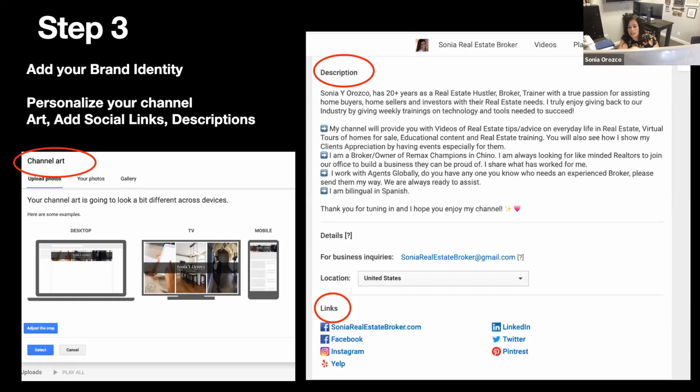You have to have certain dimensions for it to fit. They want the image sized a certain way. The description is something where you want to give whoever looks at your channel information. What is your channel about? Who are you? Why am I even here on your site? You want to give them information so they subscribe to your channel. I think they give you like 1,000 words that you can type.